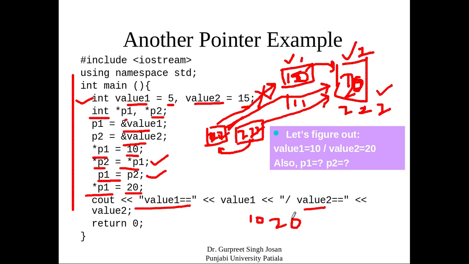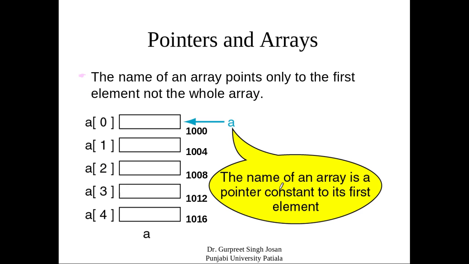So as you can see, you can change the variable using the pointer. If you try to print the value of p1 and p2, you will see the answer is the same for both. It is 222 in both cases. So you will see the same address in both cases if you try to print the values of p1 and p2. So this is again a very simple program that demonstrates the working of pointers.